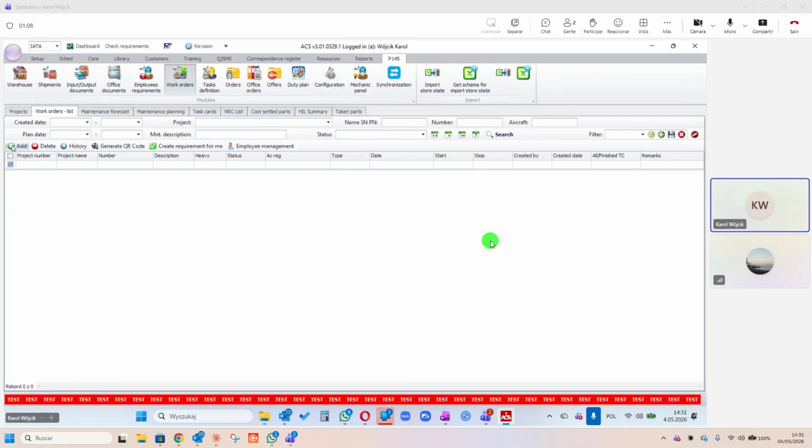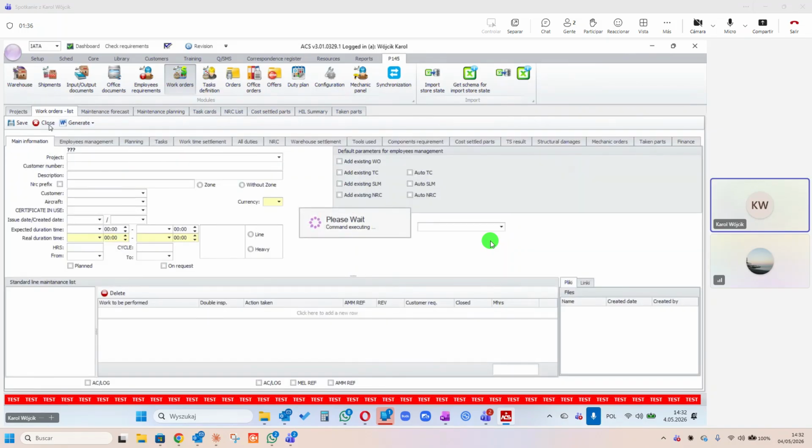Yeah. So we can use the same way of thinking, let's say like this, or we can move this topic to OCC. We need to discuss how to manage. Normally, in previous work orders, it was always opened by the planning department, so by the OCC in the line maintenance. So we are opening the work order. We need to choose